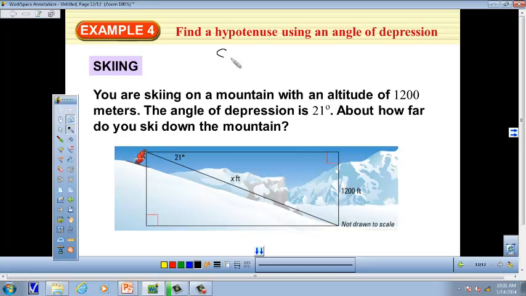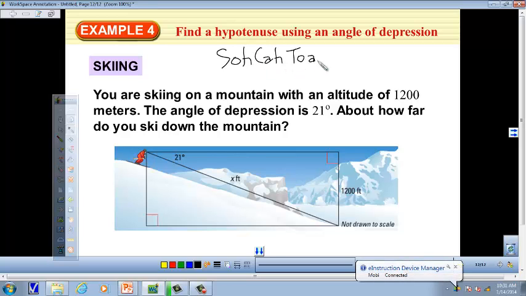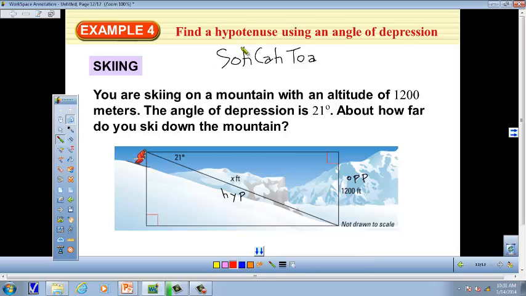So we need to look at SOHCAHTOA, and we need to decide which one we're going to be dealing with. In this case, if you look, 21 degrees is opposite this 1200 feet, and it's also the hypotenuse right here. So we want something with opposite and hypotenuse. In this case, that would be sine for opposite and hypotenuse. Therefore,